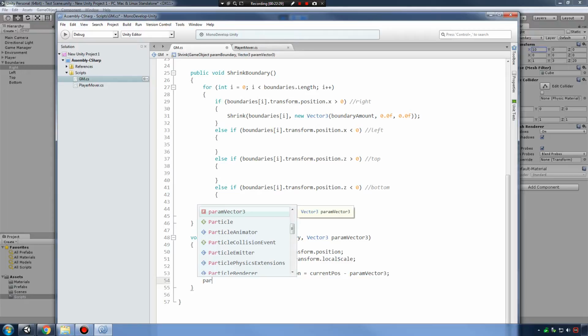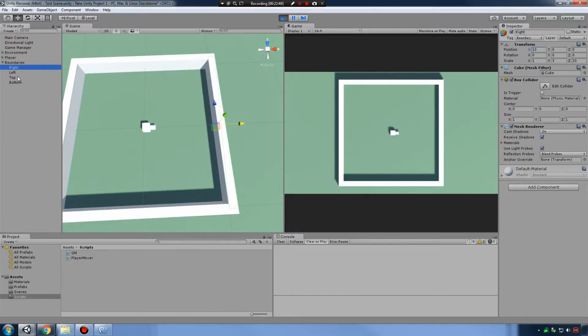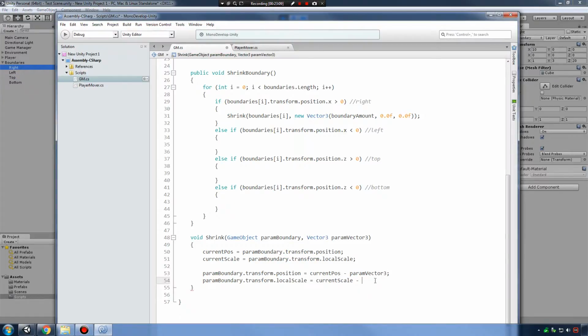So we'll say paramBoundary.transform.localScale equals currentScale minus, and then since this is going to be interesting, we're not passing in any new variable for our scale. Since all of our boundaries are scaled the exact same in the z-axis here, they're all 20 in the z-axis, or 21 depending on if it's top or bottom, then that makes this line of code easier. We're going to do the same thing. We'll be able to do the same command for each of our boundary walls here. So we can just simply say